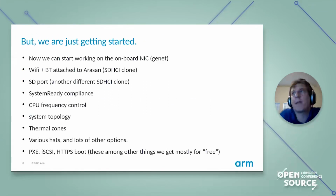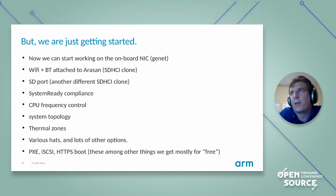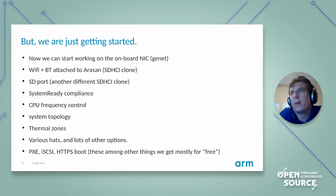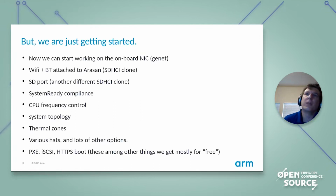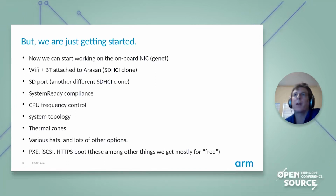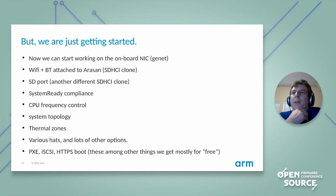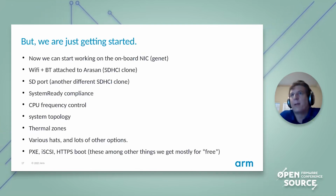So we just get started, which means now we start adding Genet support into various operating systems. There's Linux patches, which were merged a year or so ago. We fixed the Wi-Fi Bluetooth, which actually mostly worked as soon as the SDHCI started working in the operating systems. And as we progressed, earlier this year, the SystemReady program started to come out, and the SystemReady